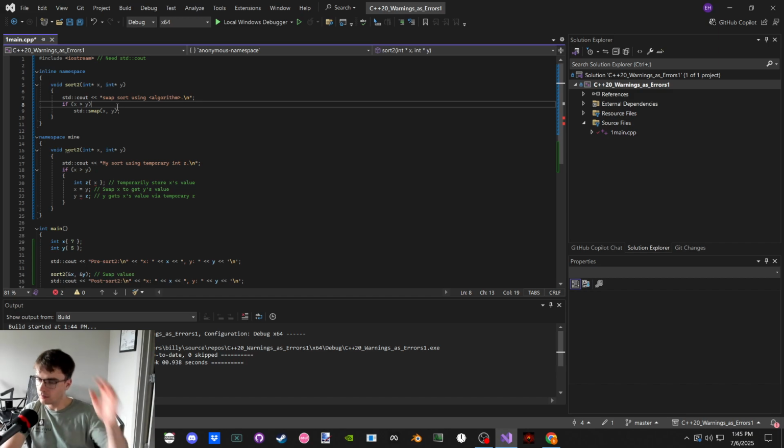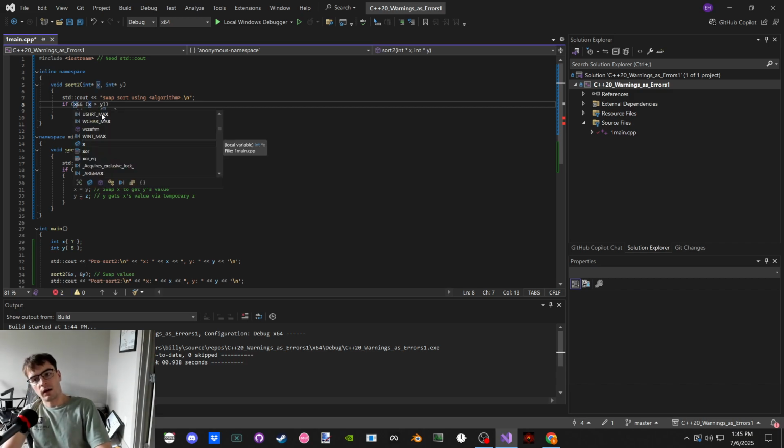But then we need to short circuit this, test two things. This and this. If X is valid and Y.